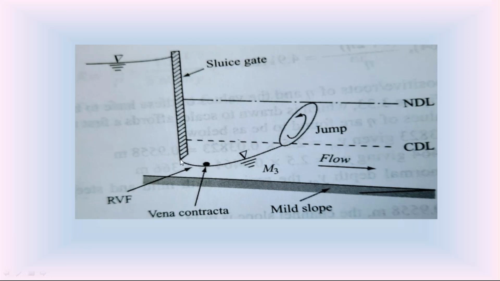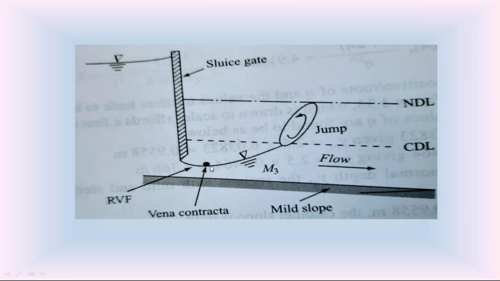From this sluice gate, the water surface height gradually decreases up to a certain point. This is called vena contracta of the water surface. From there, the water surface gradually increases. So from this sluice gate, the water surface is a rising water surface profile. Since it is in the mild slope channel, this is called M curve. This water surface is called M curve.